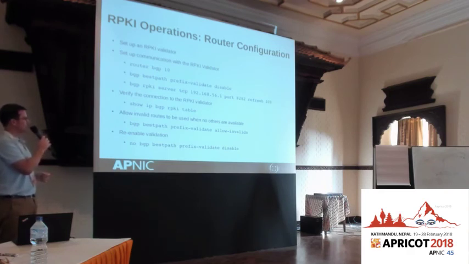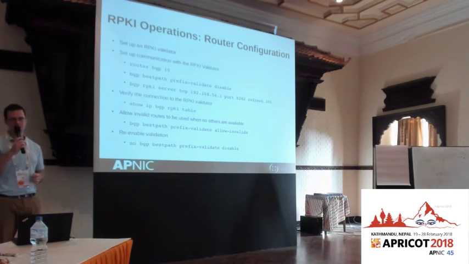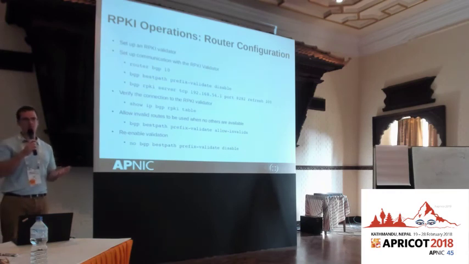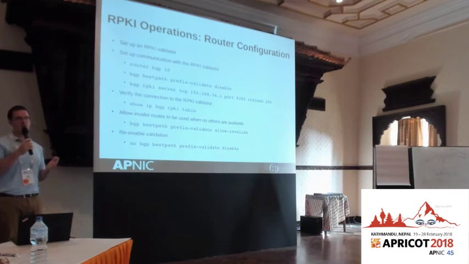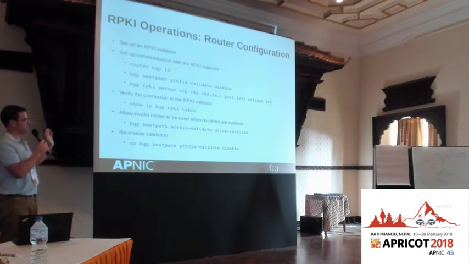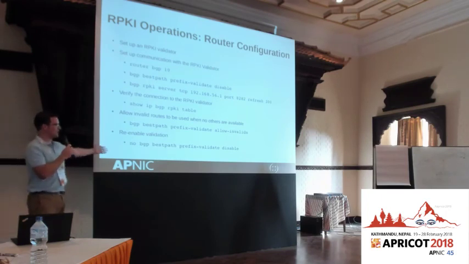The next step is to allow the router to use invalid routes, what are invalid according to RPKI, in path selection. On some models, at least by default, without this, invalid routes won't be used for path selection, even when there's nothing better available. That may not be the way to go for an initial setup at least, so turning that on is probably a good initial pick. And then after that's done, you can re-enable validation.